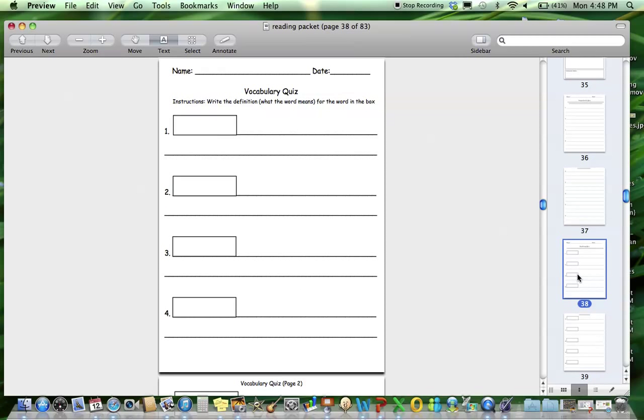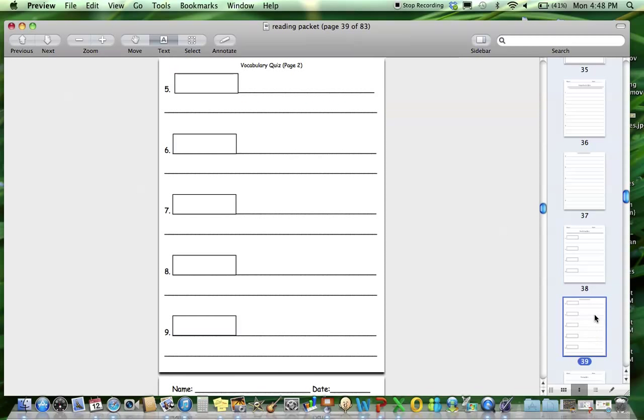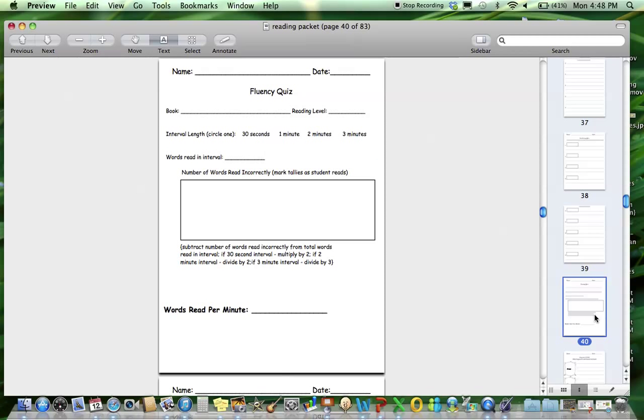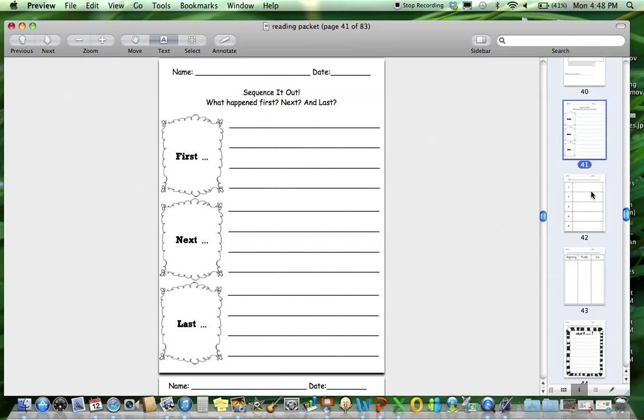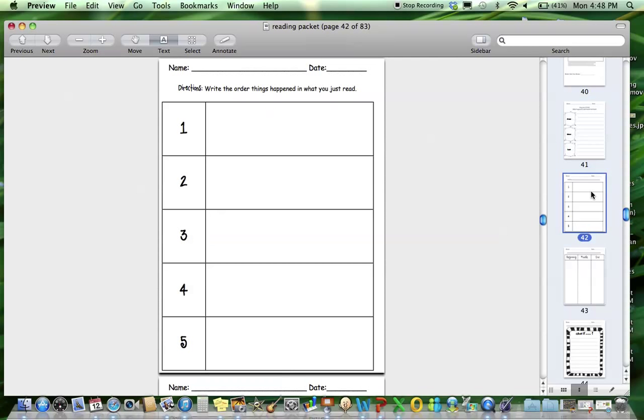Next is the vocabulary quiz format. So you can write in the words and they can write the definition or vice versa. A fluency quiz. And then now comes into the worksheets. So there's really over 30 worksheets for your kids to work on a lot of different reading skills in a visual and structured way. Sequencing,